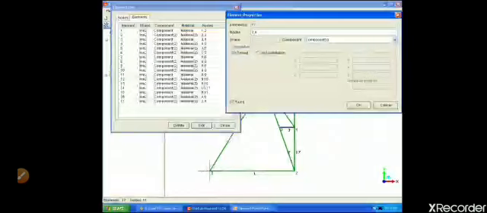Material is taken as aluminium, and material 2 is taken as steel, I think, and the value of Young's modulus E and the value of Poisson's ratio it will demand can be supplied here. And in element properties we can tick the truss also, because the element type we have to use for analysis purposes is the truss element.